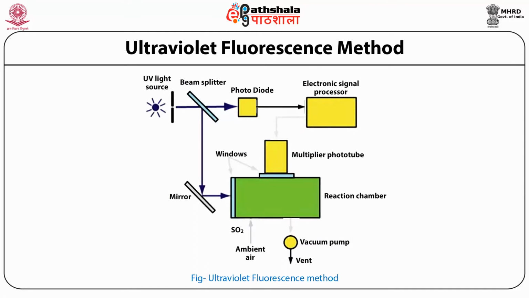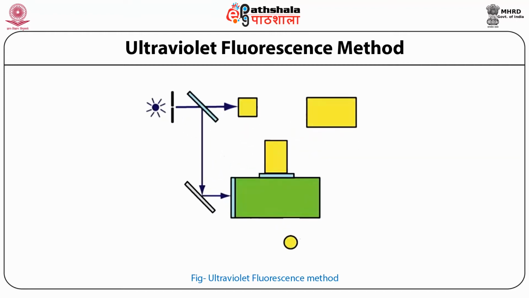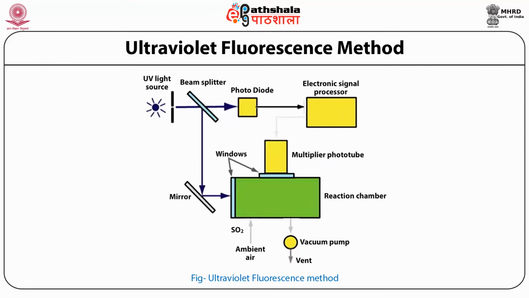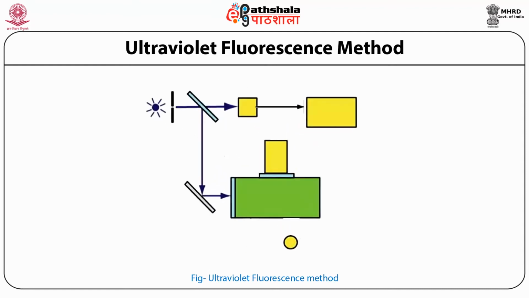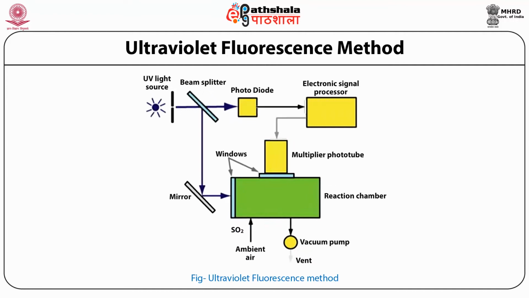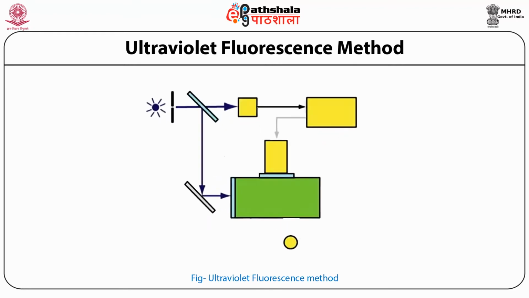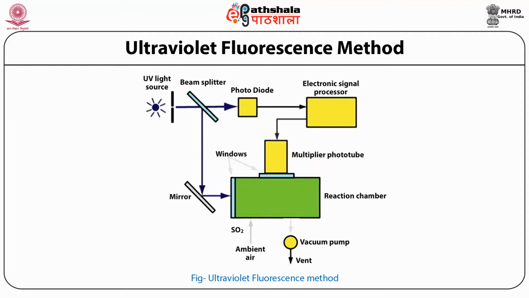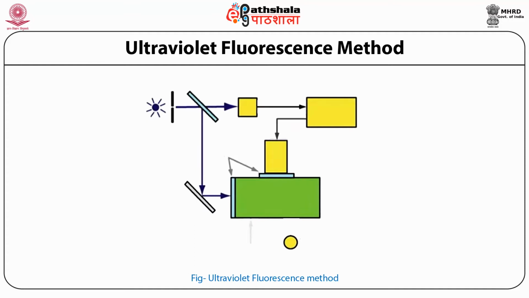In this method, the beam of light from the UV source passes through the beam splitter and the photodiode, which is transferred to the electronic processor and the phototubes, where phototubes are used as a detector in the ultraviolet fluorescence method. Whatever compound is present emits light because these have a fluorescence nature, so the emitted light is diverted at 90 degrees to the phototubes where it is measured, and the reaction chamber,